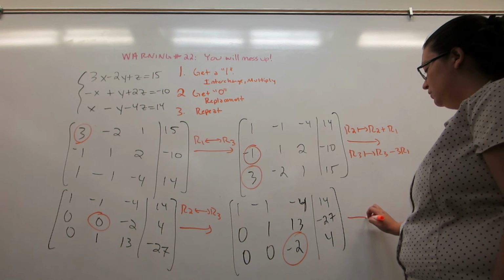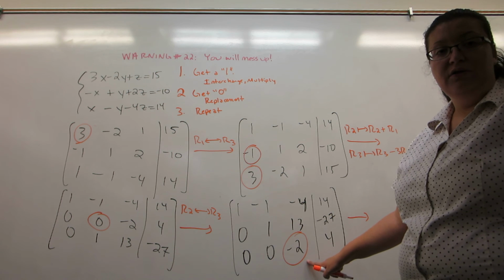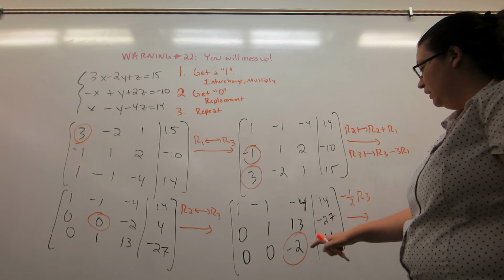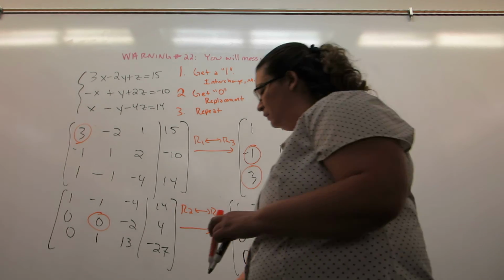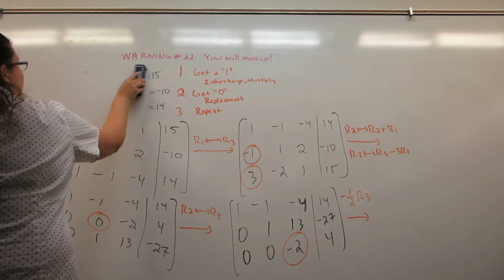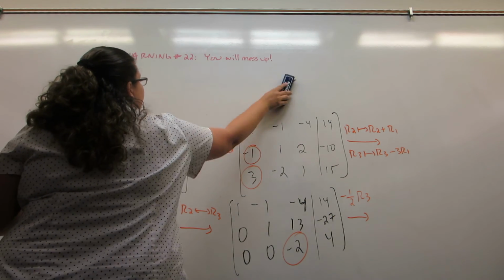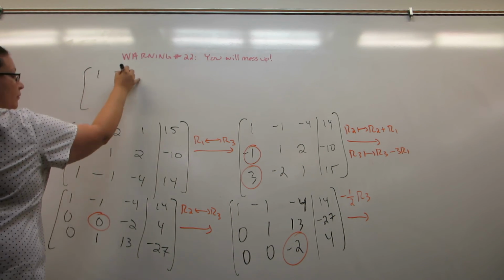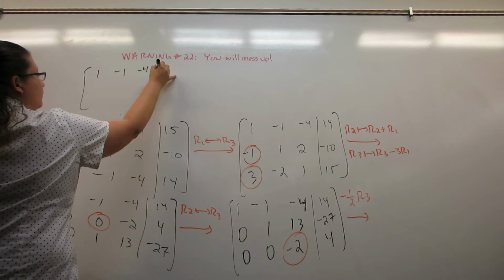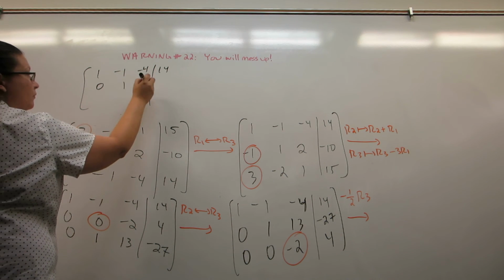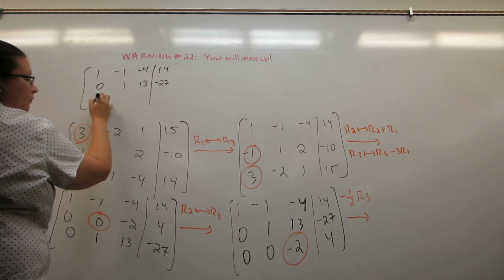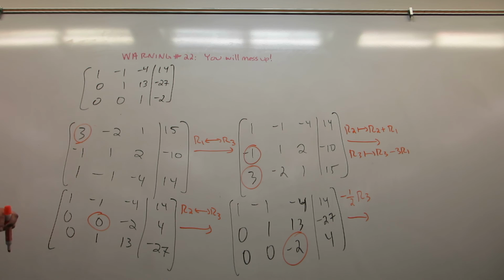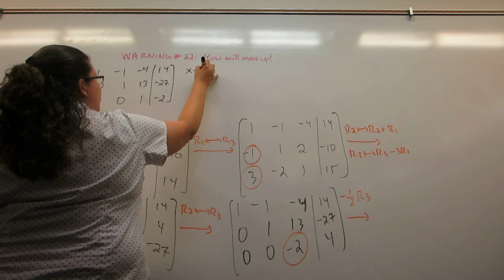And the easiest way to do that is to simply divide the whole row by negative 2, alternately multiplying it by minus a half. Okay. I'm going to go up here because we're running out of room. So my new system is this. Now, if I turn these back into equations,